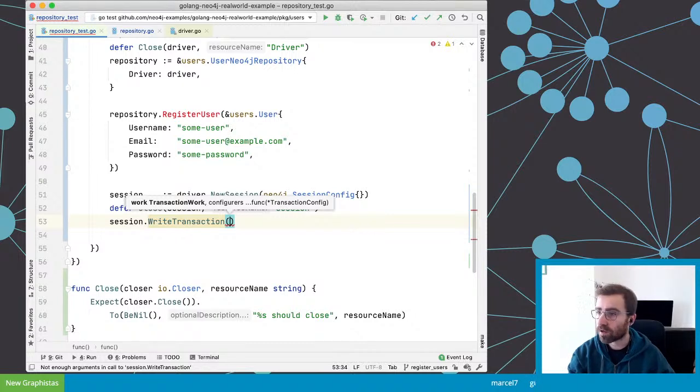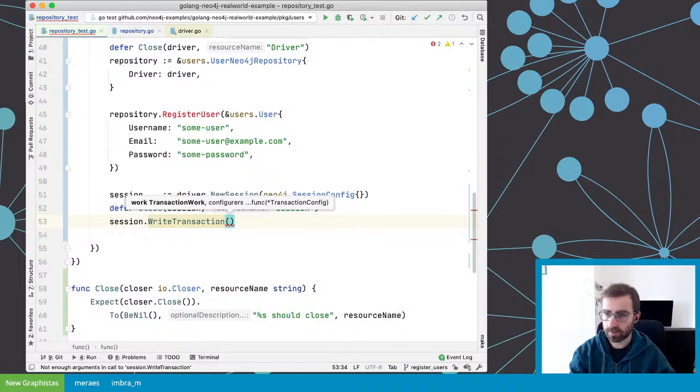If you see anywhere in the documentation something else like session.run or these kinds of things, please raise an issue, please talk to us, reach out to us, and we will fix the documentation. We really want to emphasize transaction functions as much as possible. And if you look at this transaction work type,